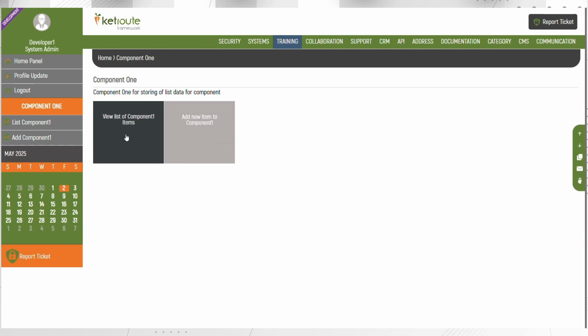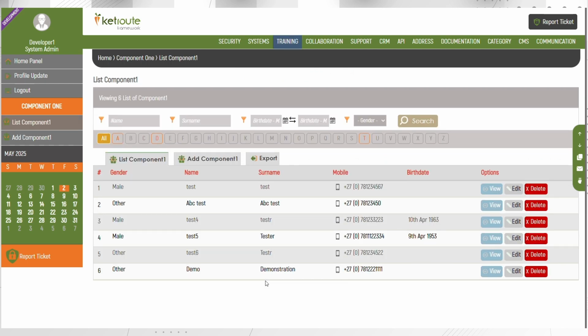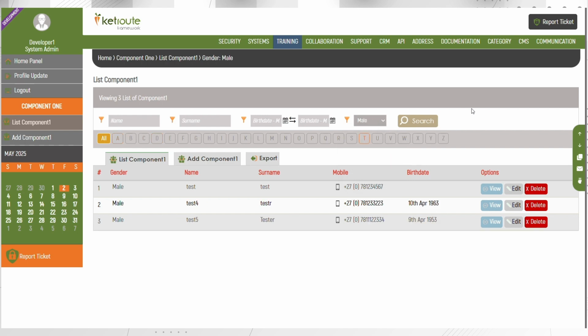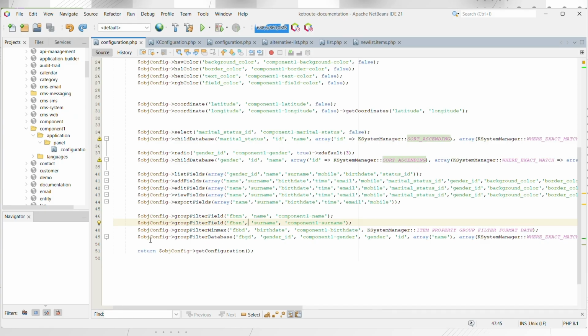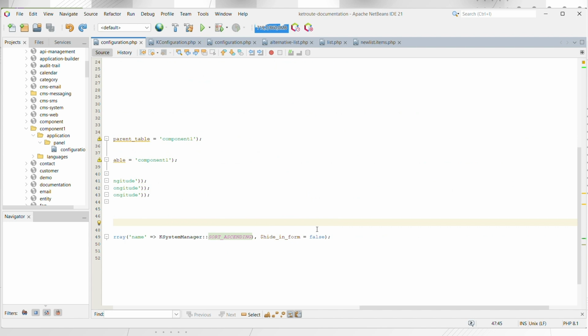browser. So now we look at our list. You can now see we have the filters here. Say an example like gender, I say male. I click on my filter. You can see all the males are showing. But in cases where this has been hidden, we are going to just quickly go here and then change that